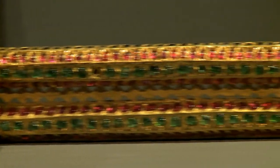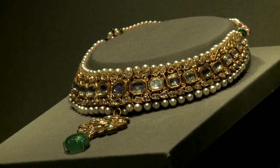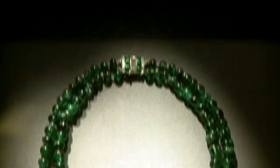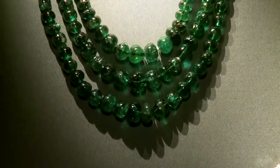One of the recurring themes of the exhibit is the Maharaja's obsession with precious gems, clearly illustrated by the stunning collection on show. Gems have a real significance in India, and most of the Maharajas really appreciated the quality and the worth of gemstones. The gems they wore really represented their wealth and their power. They wore their treasuries around their necks. Whether they were ordering from Cartier or whether they were ordering from their own court jewelers,